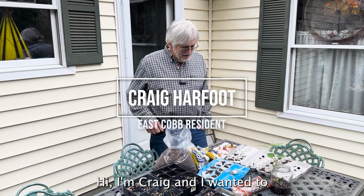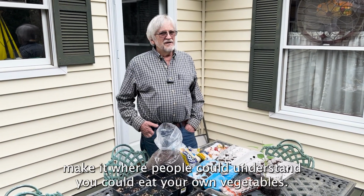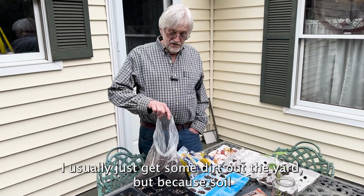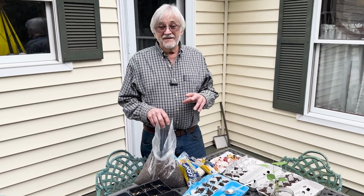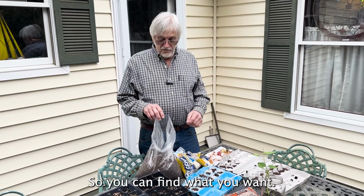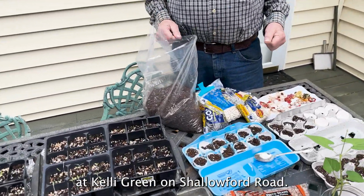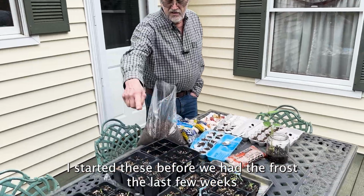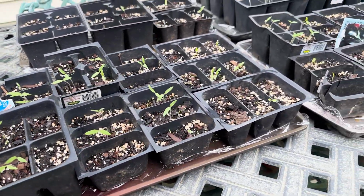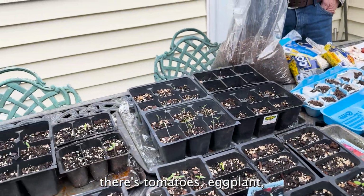Hi, I'm Craig, and I wanted to make it where people could understand you could eat your own vegetables. I usually just get some dirt out of the yard, but if the soil is clay, it doesn't work so well. So you can find what you want, but this is seed starting medium. Got it at Kelly Green on Shallowford Road. I started these before we had the frost the last few weeks. And there's peppers, tomatoes, eggplant,